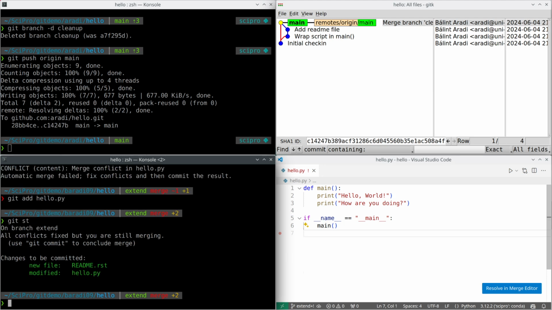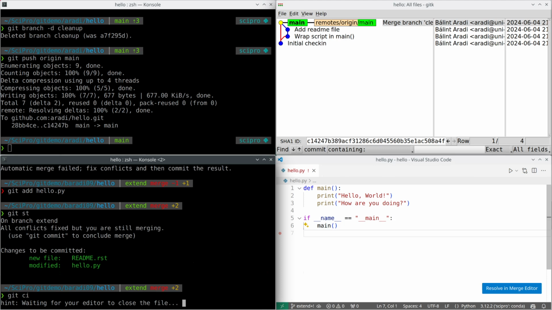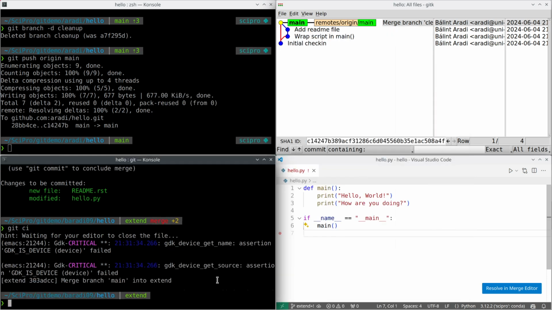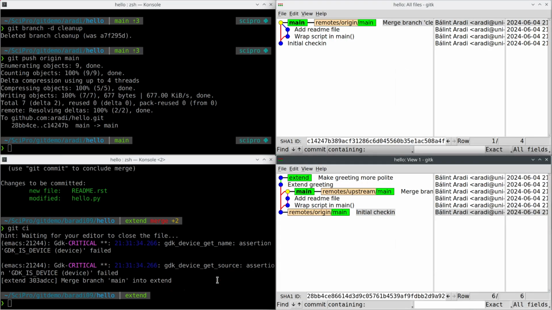If you are asking for the status, okay, we have the new file which came with the merge and the modified file hello.p, and then we are just checking it in. We already automatically get the right check-in message which says that we are merging branch main into extend, right? Okay, and if you are doing that,